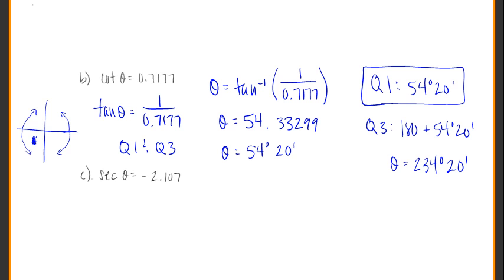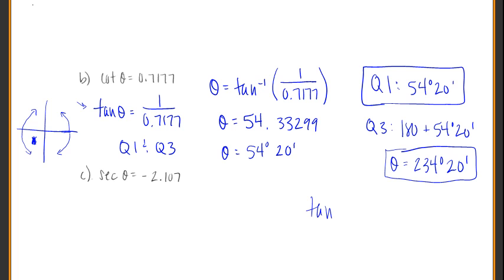And with some of these, it's always nice to check your answer. So if we go back to, I guess you wouldn't really go to the original problem, you'd still go to this tangent one, and I would see if I did tangent of 234 degrees and 20 minutes, let's check this out. Go type 234 plus 2 divided by 6, get 234.3333, and then hit your tangent button, and it gets you basically,